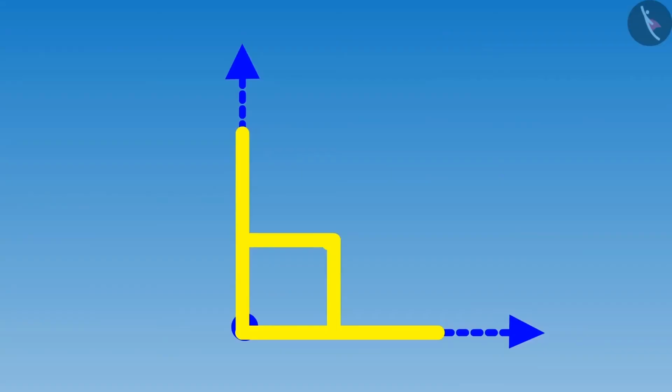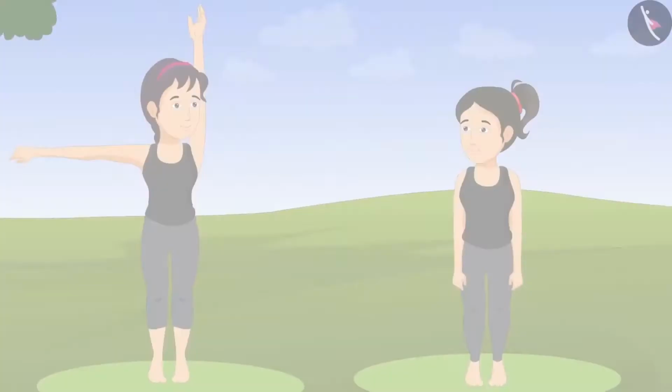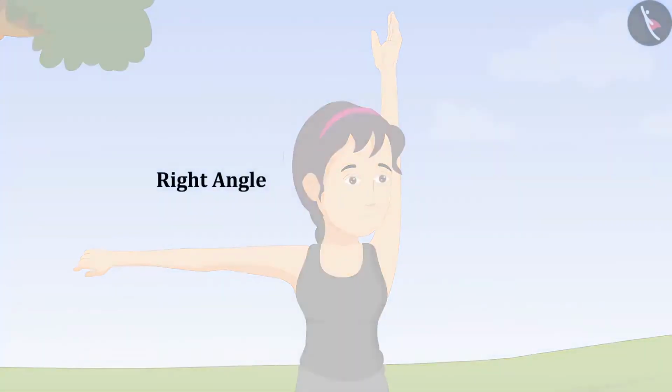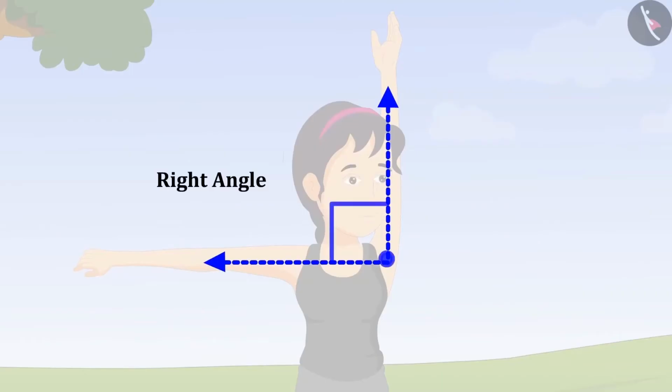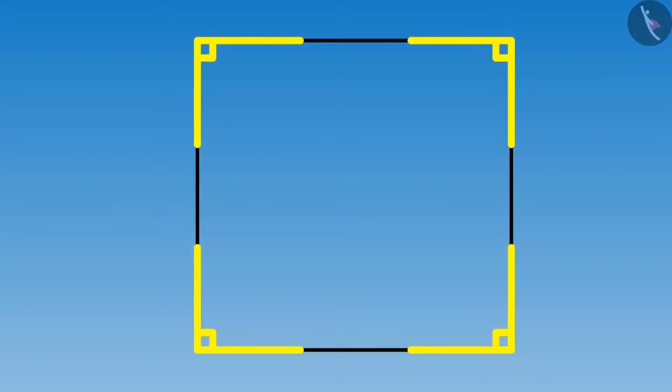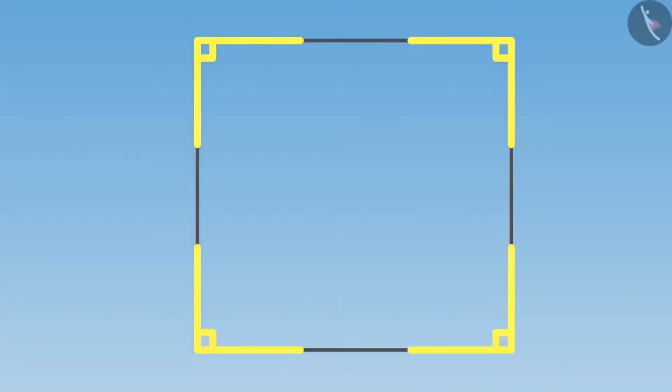I will also make a right angle. Very good, Riva. So then tell me whether this is also a right angle? Yes, Riva, this is also a right angle. Here also a vertical line and a horizontal line are joined together. Okay, this means can angles be formed in any directions? Yes, Riva.